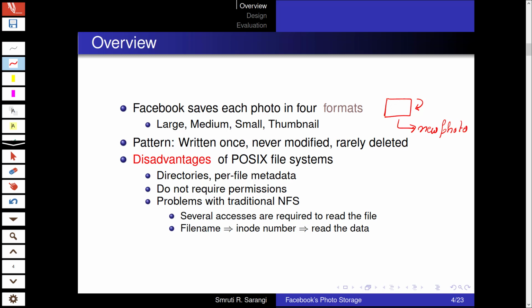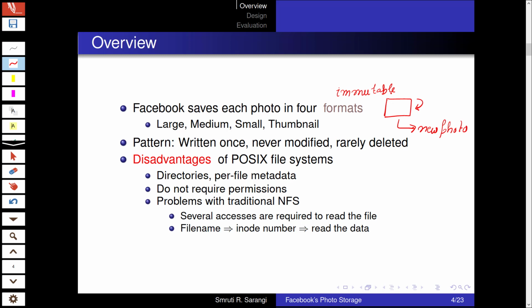Similar to our previous assumptions, we assume the data is immutable. Immutable means that it does not change, which means that we write once and we read many times.